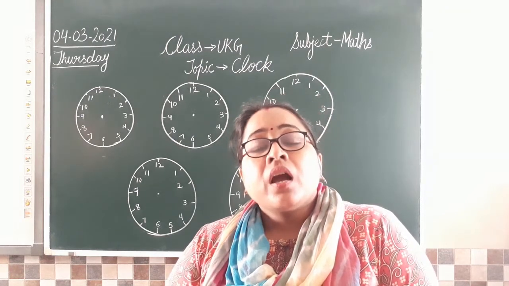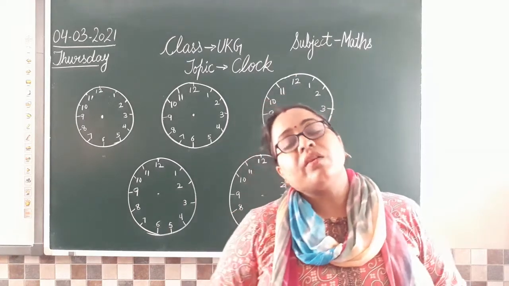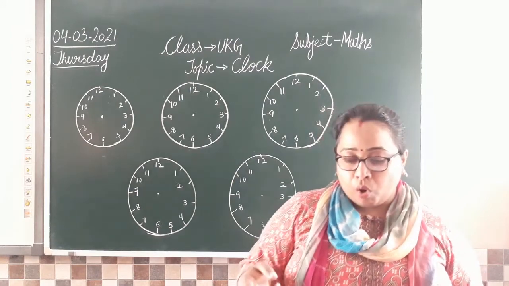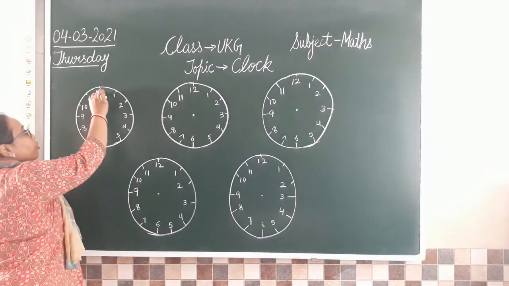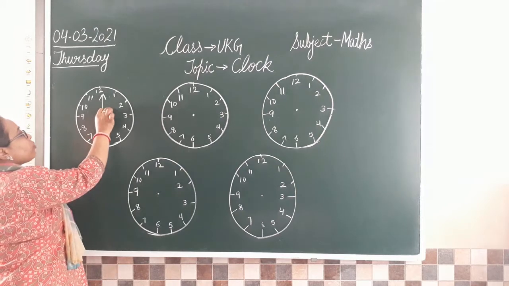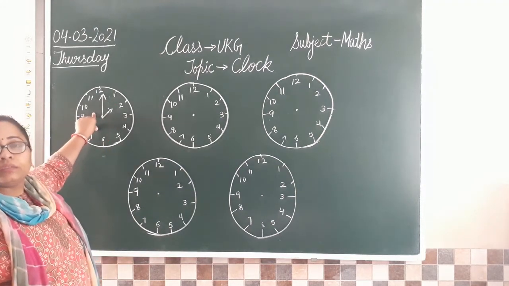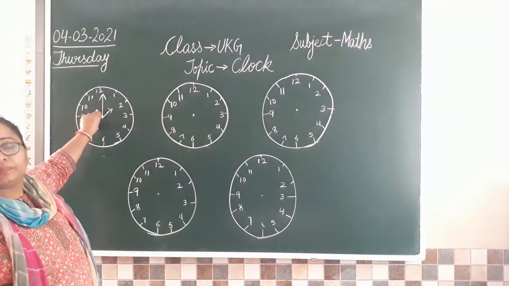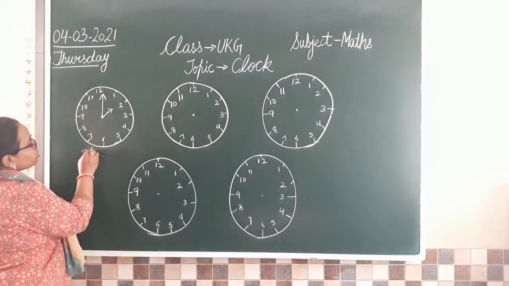First we learned how to read the clock. Isn't it? If the clock is given to you, hands are given to you, how can you read the clock? For example, I have drawn two hands, the bigger one is the minutes hand and the shorter one is the hours hand. Now can you tell me what time is showing? What's the time by this clock? 2 o'clock. Yes. So the time here is 2 o'clock.